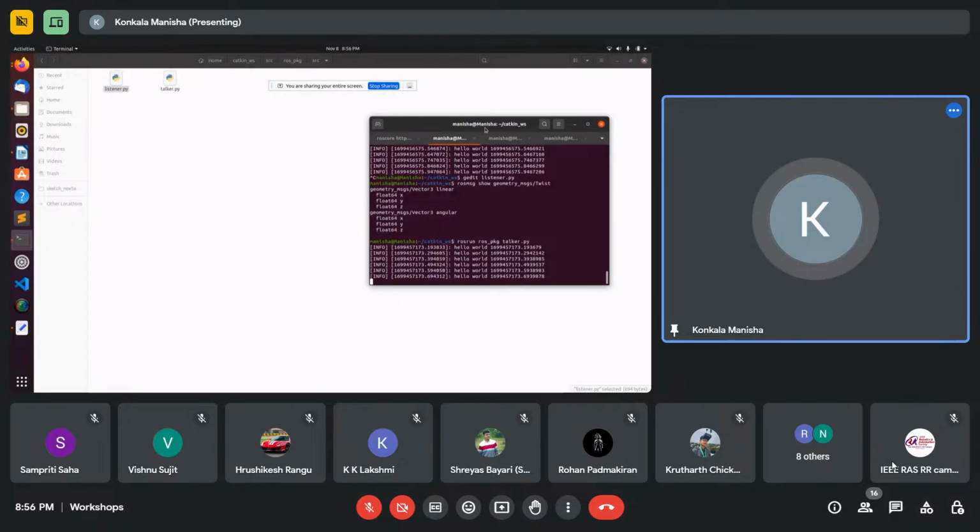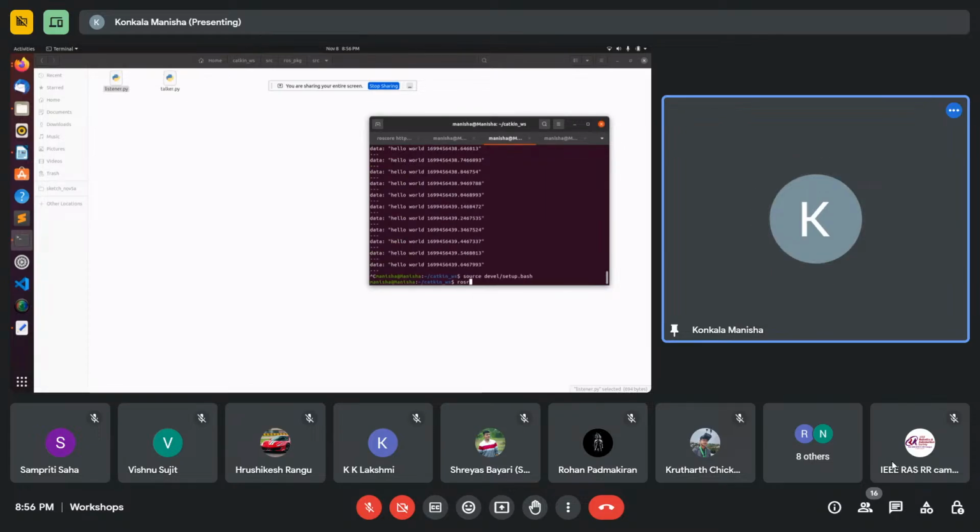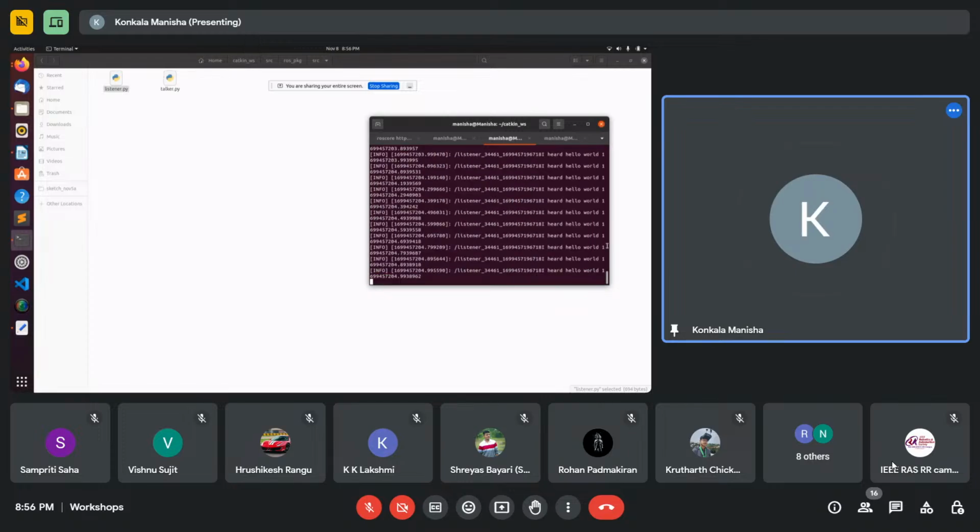So now my publisher is active, and then here I will run rosrun package listener.py. So now you can see here it is printing I heard hello world with the time